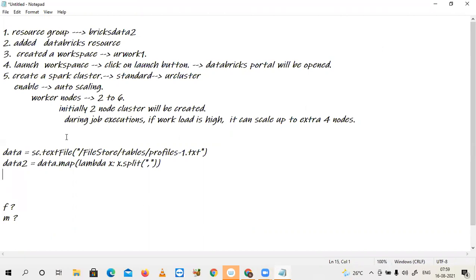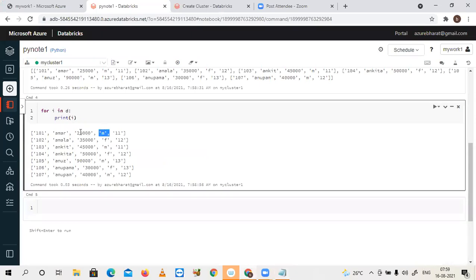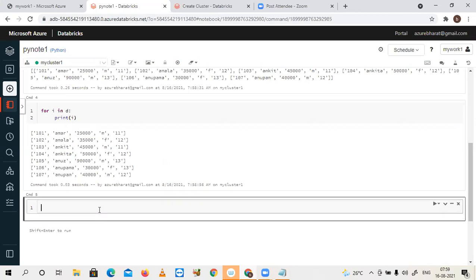I don't want all the fields. I just need to prepare key and value pairs in my third step. Whenever you want to perform a grouping aggregation in RDD core, as per the RDD core API, you have to create a key value pair RDD. Now we are going to create that. If you want to write a comment, just write a comment over here: create RDD key value pairs.